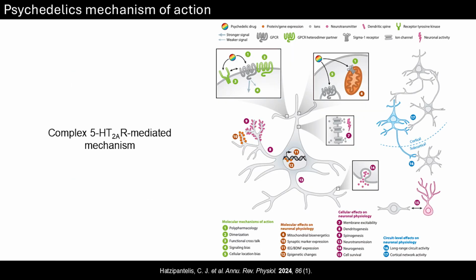Since then, many studies have delved into how psychedelics work, but the mechanism is incredibly complex and not fully understood. What researchers seem to agree on, though, is that these mechanisms are mediated by the serotonin 2A receptor. To better understand this mechanism of action and to potentially differentiate the pathways that cause hallucinations and neuroplasticity, we wanted to develop tools that could illuminate the various receptors or pathways involved in this process.